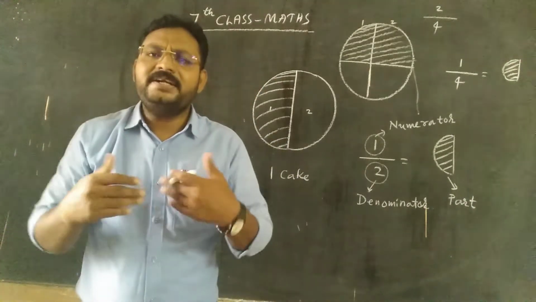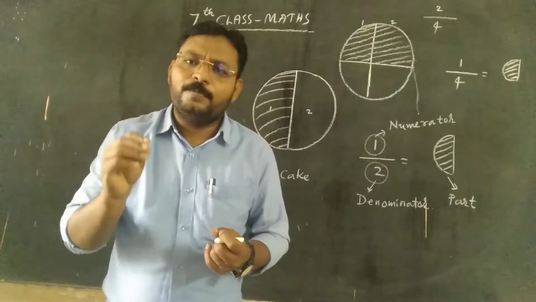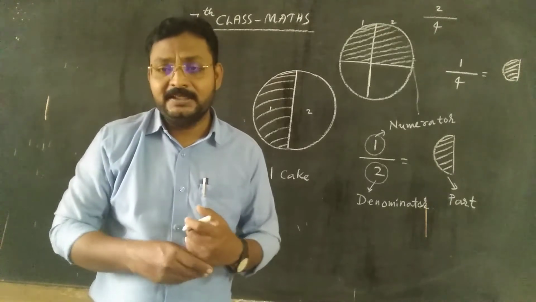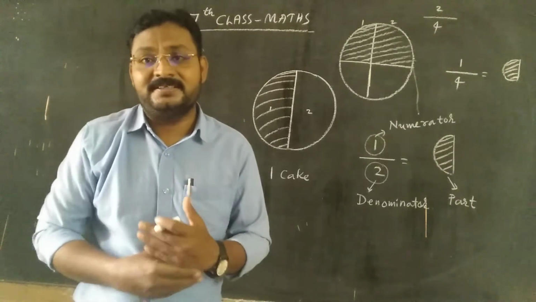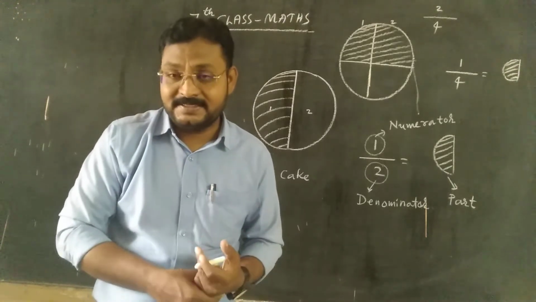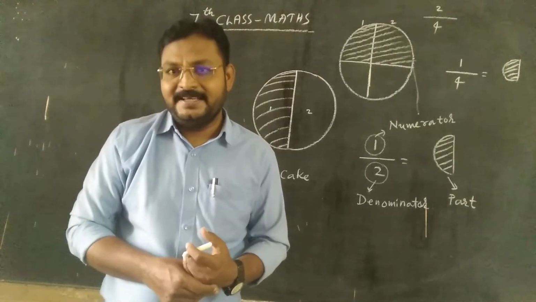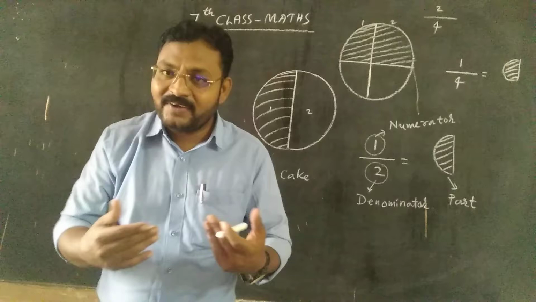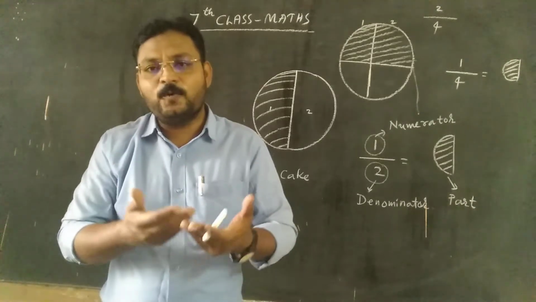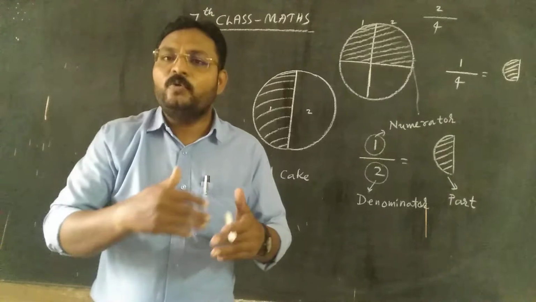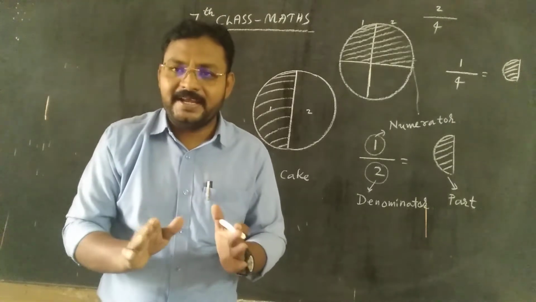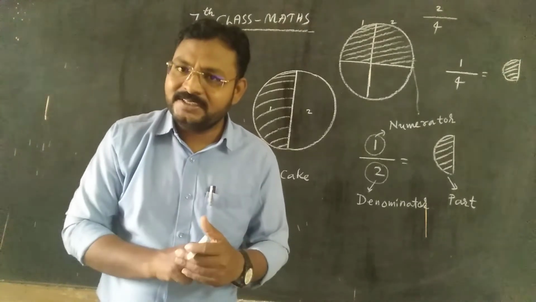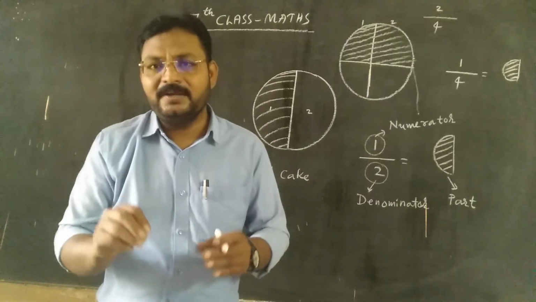We have so many types of fractions. For example, proper fraction, second one is improper fraction, and third one is mixed fraction. And like fractions, unlike fractions, equivalent fractions, decimal fractions, unit fractions. So children, we have so many types of fractions. We are going to discuss them. For today, I am going to discuss only two fractions: one is proper fraction and one more is improper fraction.